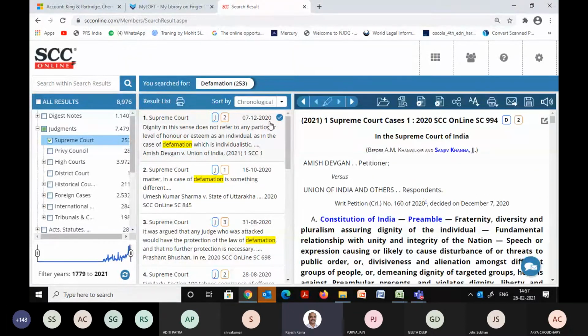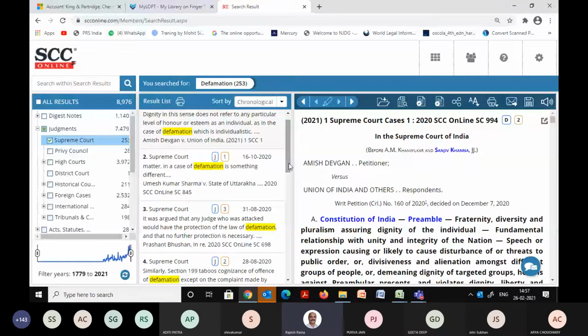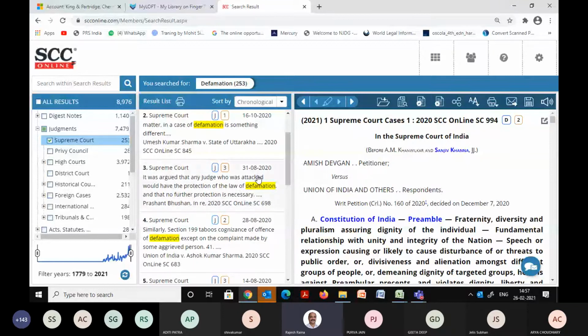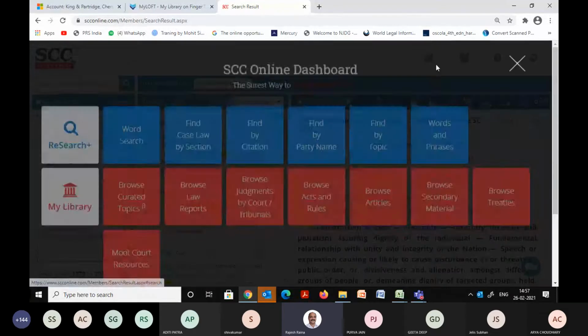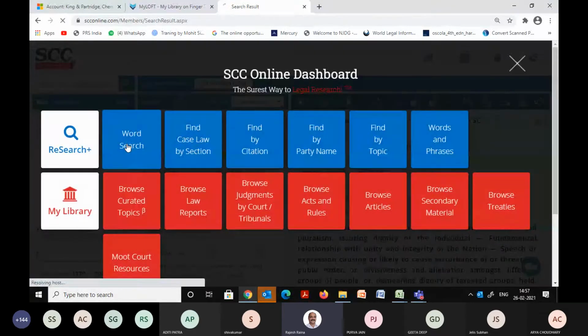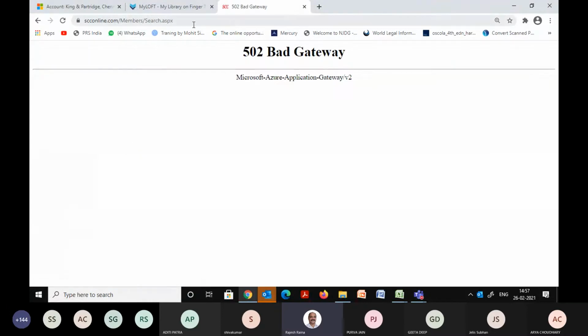Now we have a December 2020 judgment, then followed by that, there is another one of October 2020. And then the third one, if you remember, in the previous search, we had this on top. So we had missed out all these. The same goes for the rest of the databases and all. So that is one part that we need to take care of. We need to focus on the main keywords over here.